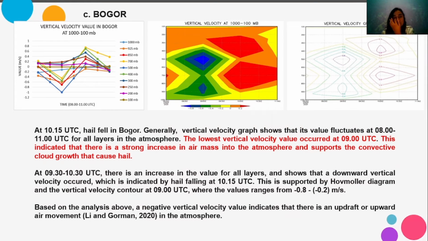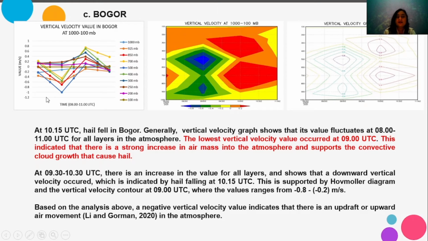We are moving forward to the Bogor area. At 10:15 UTC, hail fell in Bogor. In general, the vertical velocity graph shows that its value fluctuates from 8 until 11 UTC for all layers in the atmosphere. The lowest vertical velocity value occurred at 9 UTC. This indicates that there is a strong increase of air mass into the atmosphere, which supports the convective cloud growth